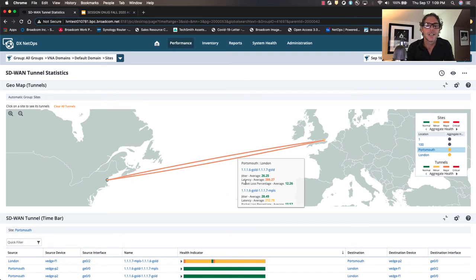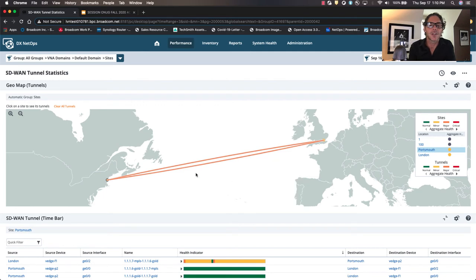We can see that we have latency issues going on between our Portsmouth and London office across the 3 total metrics that we think are always important to be monitoring in any performance-based routing environment such as SD-WAN, and that's latency, packet loss, and jitter. So obviously we have issues going on between our 2 gold endpoints. These could be MPLS, could be broadband, whatever you want to name them, but we are experiencing high latency within